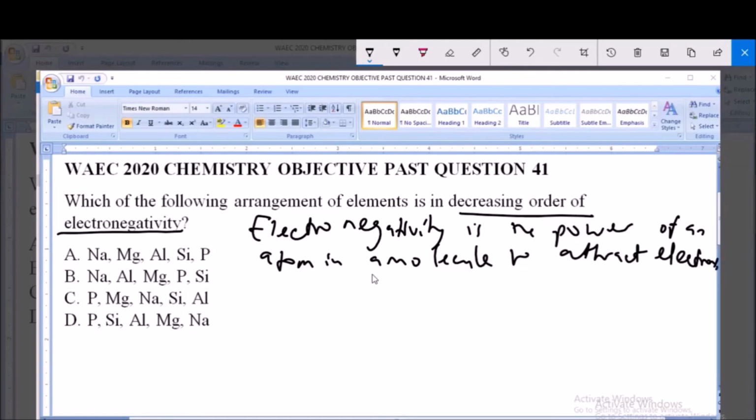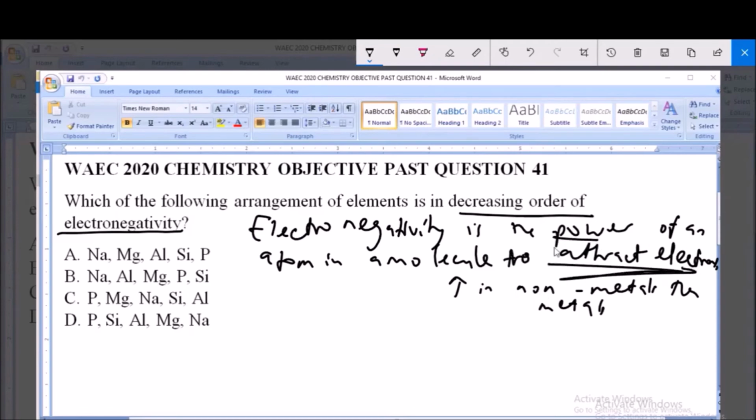So electronegativity is higher in non-metals than in metals, because the non-metals are known as electron acceptors, so they have more power to attract electrons. Now, based on this trend,